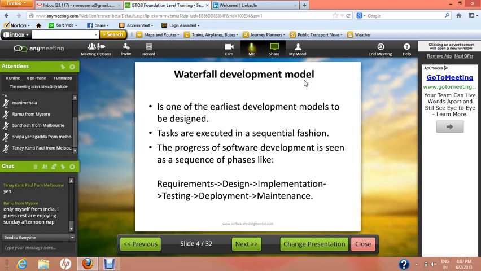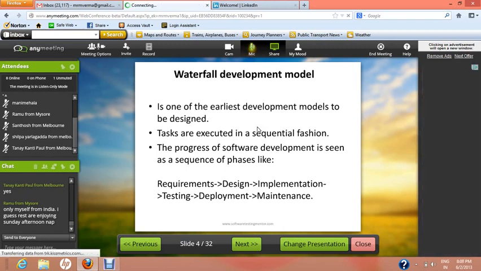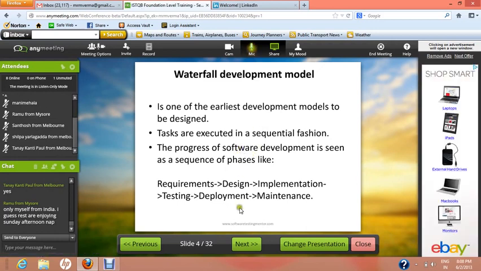So testing came after 3 to 4 phases. This was the drawback of the waterfall development model, that one phase has to be completed, only then you can enter into the second phase. All right,